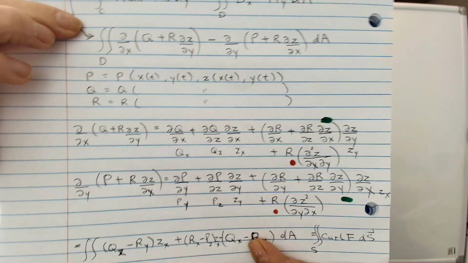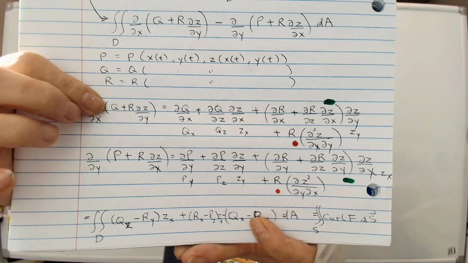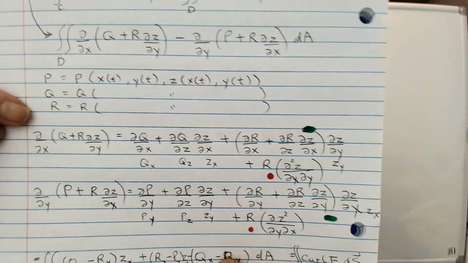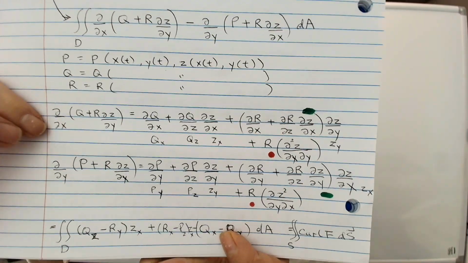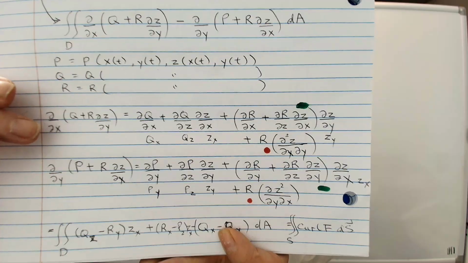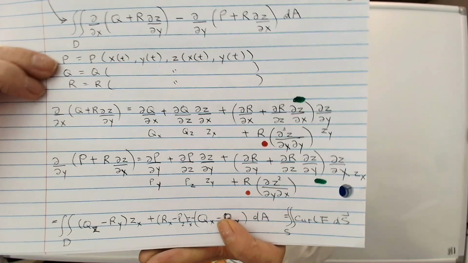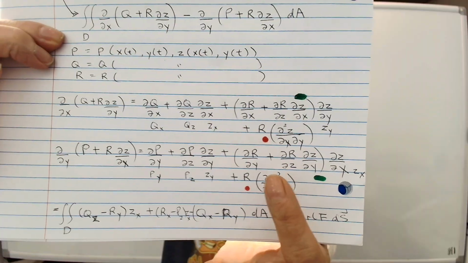Okay, and we have to integrate it. But before we integrate it, let's clean it up a little bit. And you notice, remember, we are subtracting the top chunk by the bottom chunk, right? This subtracted by that. And if that is the case, then some of the terms are identical and we can